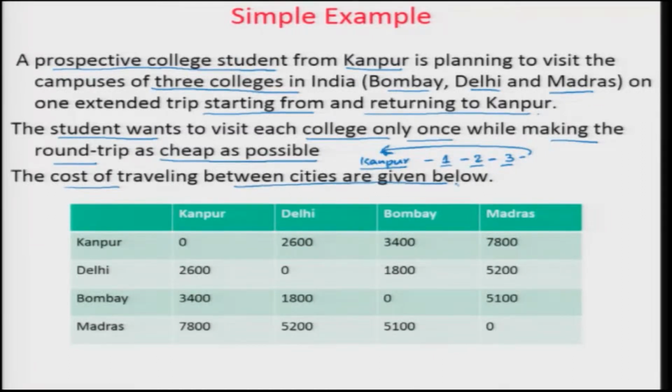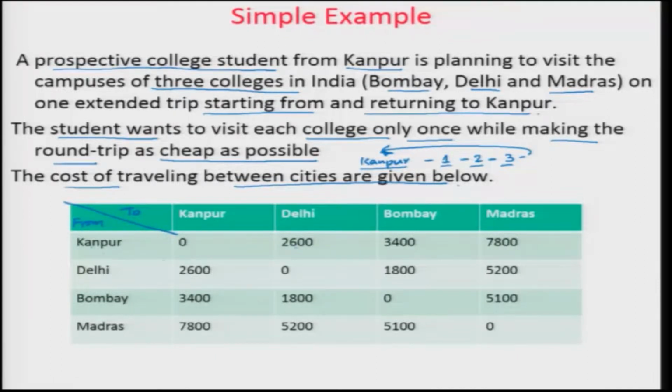So what does this say? You can think about this as a matrix. You can think about it as something like this. This is from and to. So when we say this, we can say this is Kanpur to Kanpur, the cost is 0. That means ideally you don't want to travel from Kanpur to Kanpur, even though we joke about this in Kanpur. This 2,600 rupees, whatever it is, units, rupees, dollars, yen, doesn't matter.